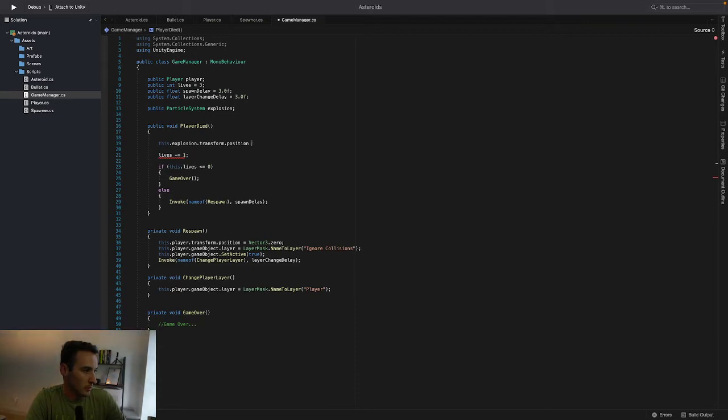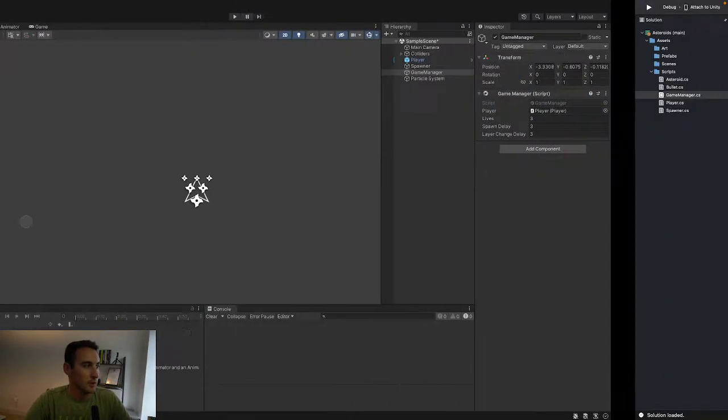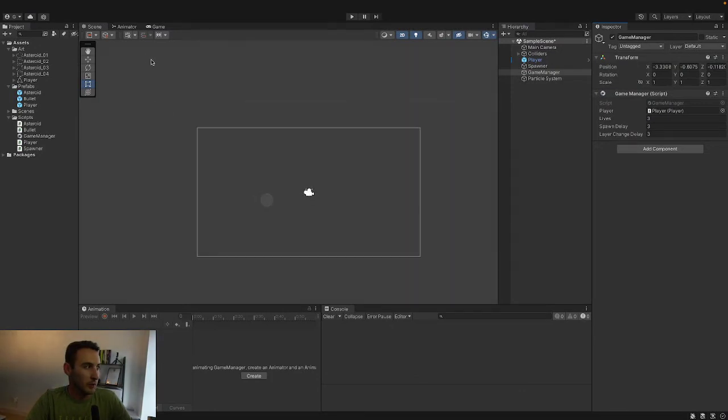No, I'm doing this wrong. I'm doing the asteroid one, not the player one. Okay, so let's do this correctly. this.explosion.transform.position is equal to this.player.transform.position. What that is going to do is set the particle system's position to the position where our player is. So if we jump in here, if we are playing the game